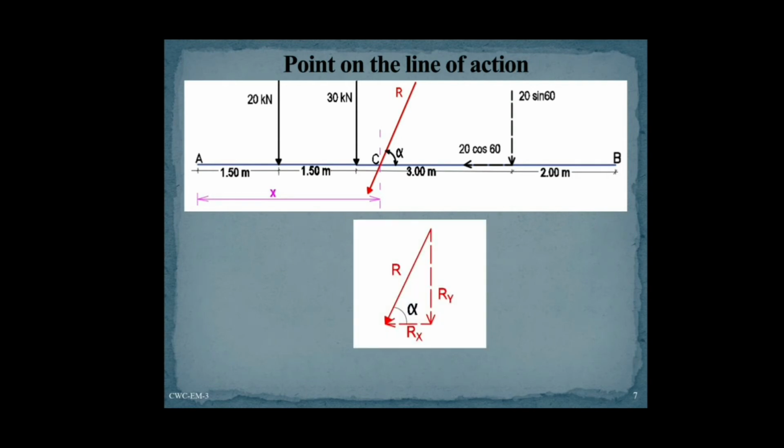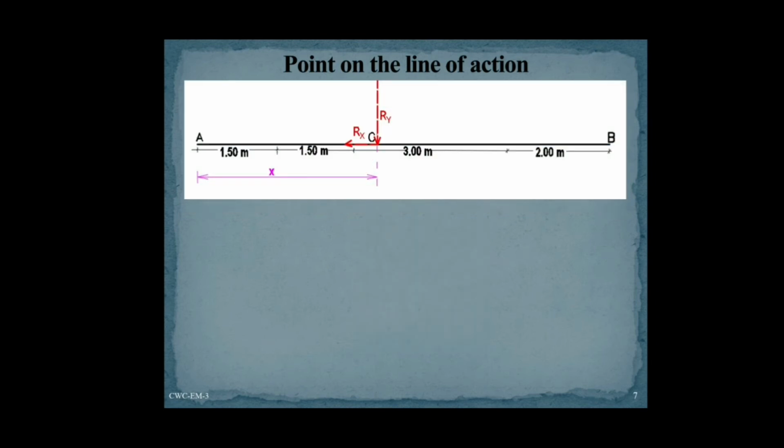Here, since R is an inclined force, we again have to consider its rectangular components Rx and Ry, which we have found already. Now consider the system as the beam element with only the rectangular components of the resultant acting on it. We know the resultant will give the same effect as that of the given system of forces. So we can compare the moment due to the resultant with the moment due to the given system of forces and find out the value of x.